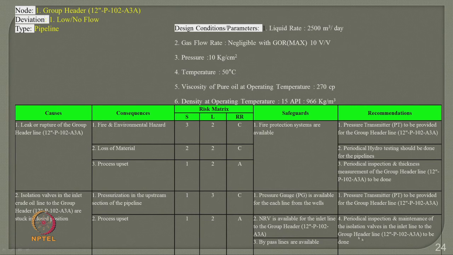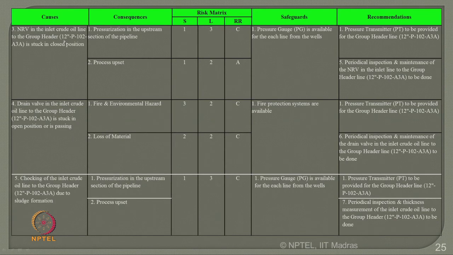Similarly, when you recommend any new thing, it gets a new number. Say periodic inspection and maintenance of isolation valve, it is a new recommendation in the report, therefore it gets a new number. Subsequently, in the non-return valve, which is the third cause, you are recommending a pressure transmitter, it borrows a number from the database automatically, whereas if you give any new recommendation for the non-return valve, it gets a new number 5. Subsequently, whatever old recommendations you give, they borrow the same number, whatever new recommendations you type, they get a new number.